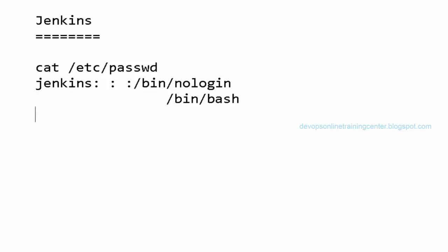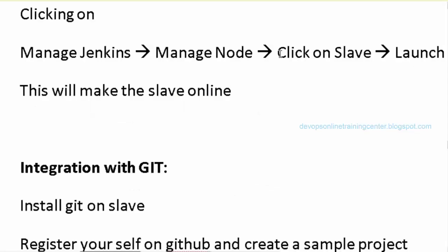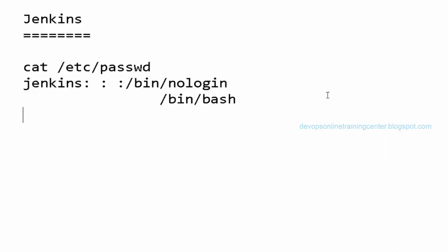I was thinking how to make those changes on the user. How can I change the directory and the shell? Just open /etc/passwd as root, open that file in the vi editor and change that to bash.